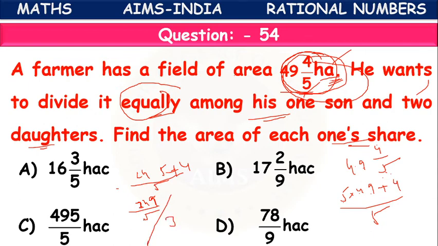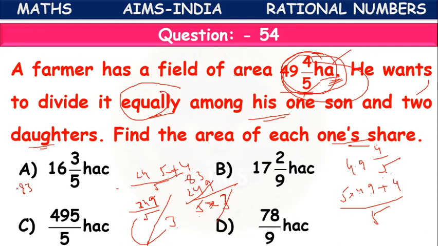Already in the numerator we have a denominator, and again one more denominator is there. If we have it like that, what can we do? This denominator will come down and it will become 5 into 3. With 3 after cancellation: 3 8 times 24, 3 3 times 9. 83 by 5.